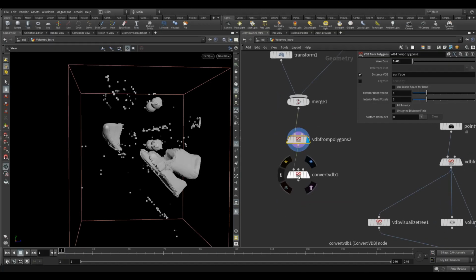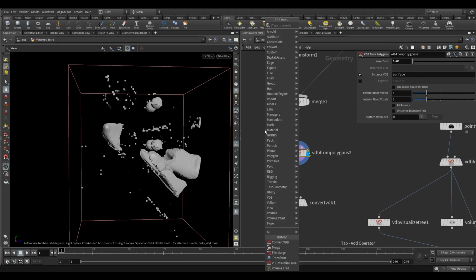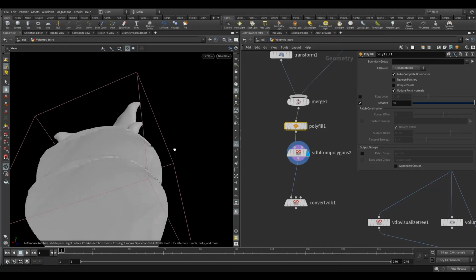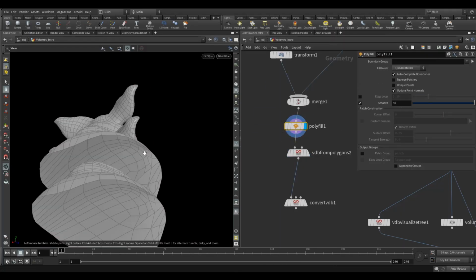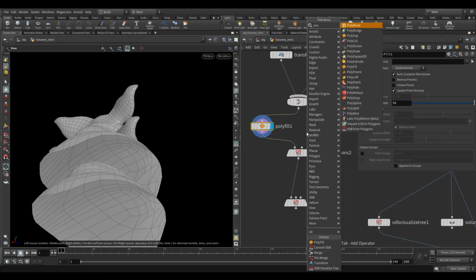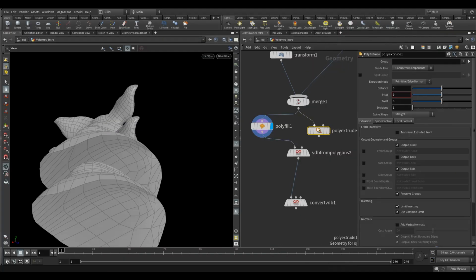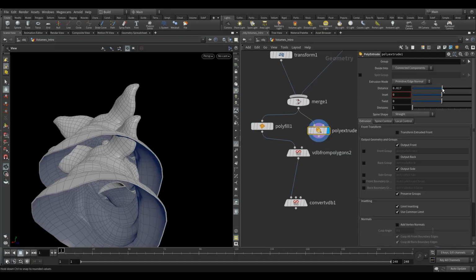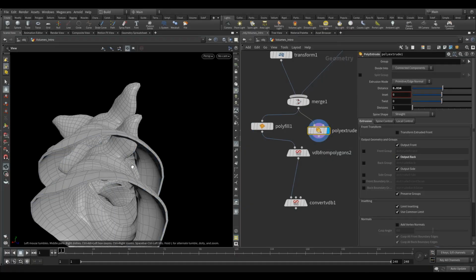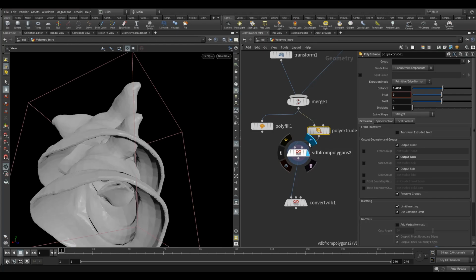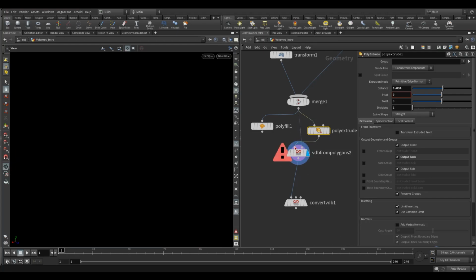But what you can do is drop a polyfill, which will plug that hole for you, or you can poly extrude, give it some thickness and make sure you check output back, and that will also work. Another option is to